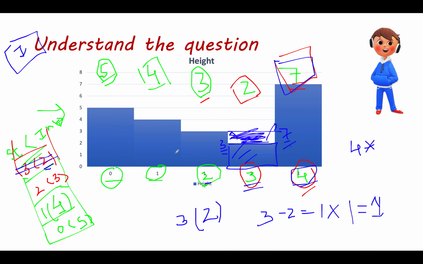Let's continue the process. We have the rightmost boundary as 7 and the topmost element of the stack now is 2, index value 3. So you'll delete this element. This element is gone and the height of this current bar is 3 units. What is its leftmost boundary? The leftmost boundary will be given by the topmost element of the stack.